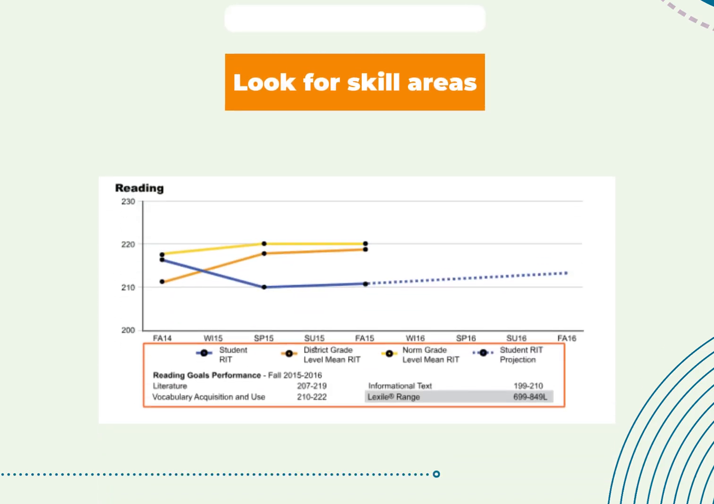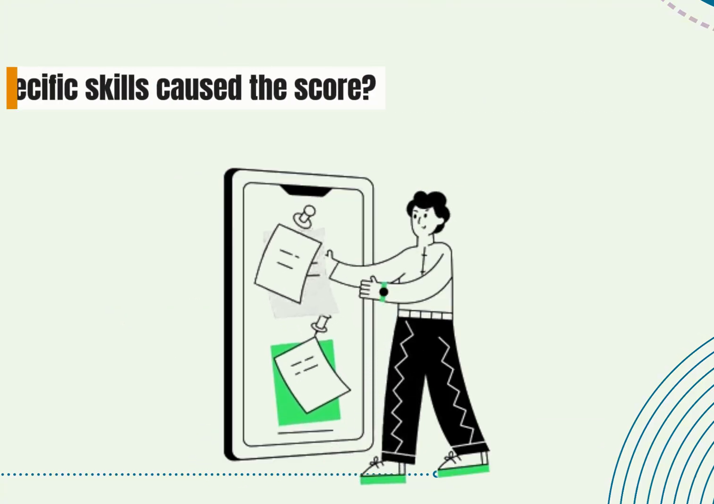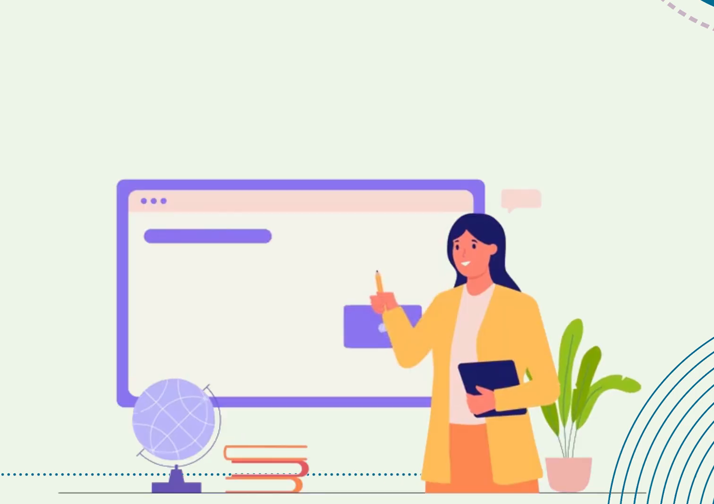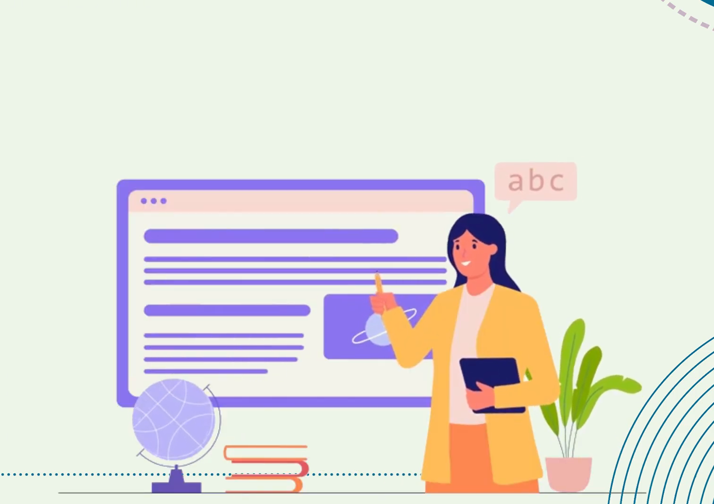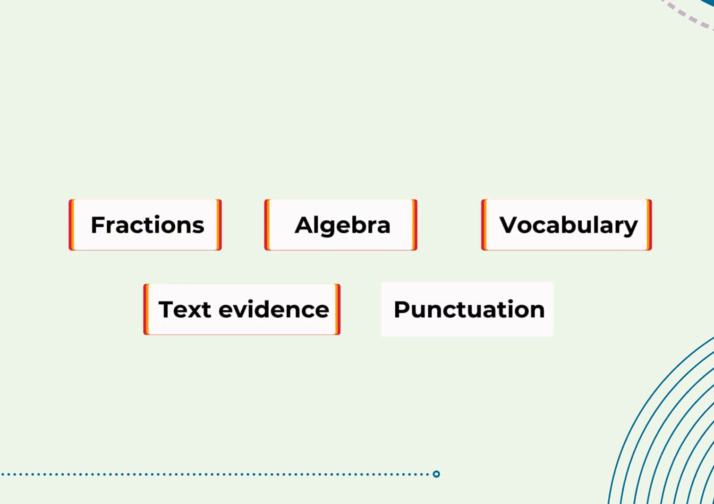Then look for skill areas. The most useful question is not only, what was the score? It is, which specific skills caused the score? That is where teachers can often help. They may be able to explain whether the student needs support with fractions, algebra, vocabulary, reading evidence, punctuation, or another